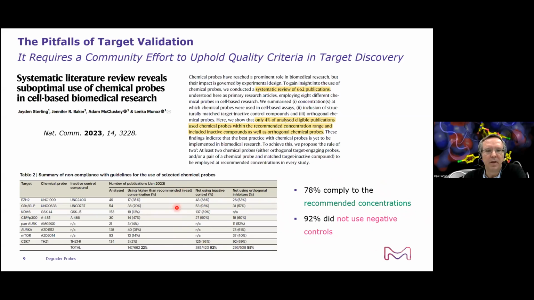So there are a number here in this table of compounds which come with a matched control compound, and essentially nobody is using these control compounds, which I think is interesting. If you would think about using a short hairpin RNA or an antibody, it's kind of a given that you use controls, but for small molecules, it's not. So this is clearly something which needs further community efforts to really drive home this point, how important it is